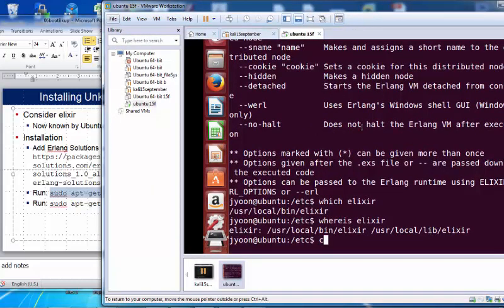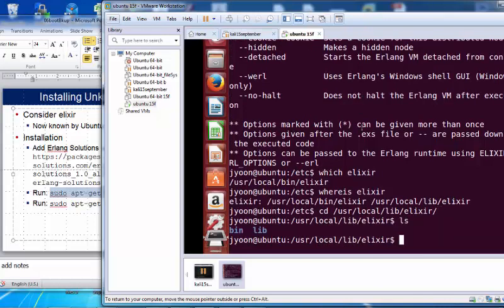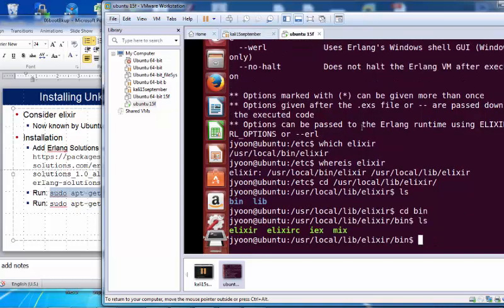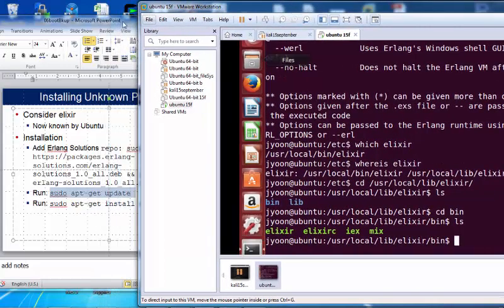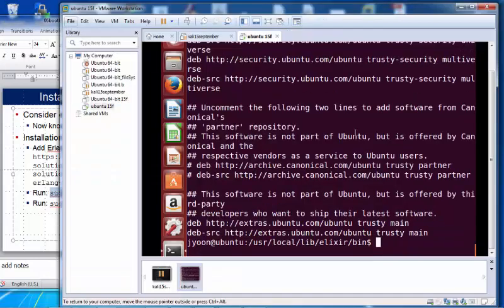If you go to /usr/local/lib/elixir, then there is a bin directory where you can find the commands. Those are all the commands that you can use. Once you set up Elixir, there are 4 commands available. Okay, all right. This is the end of the module.